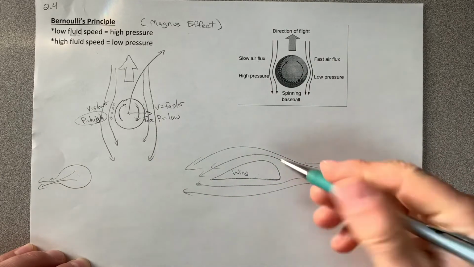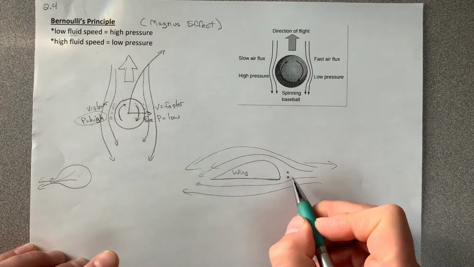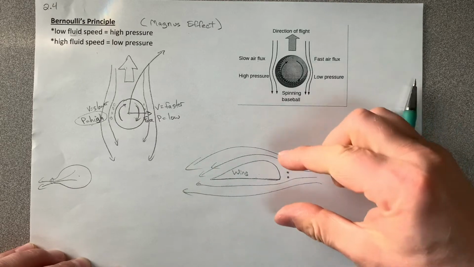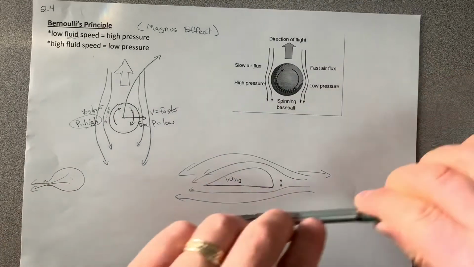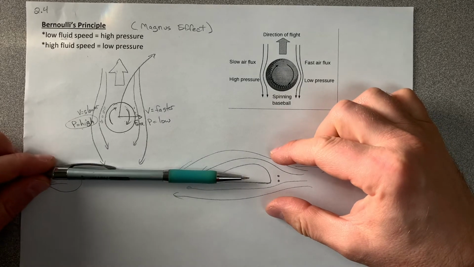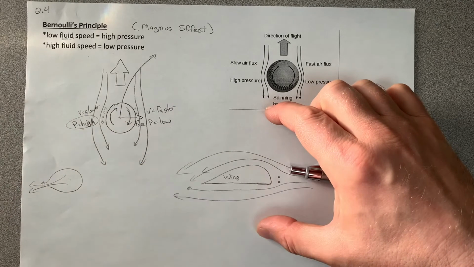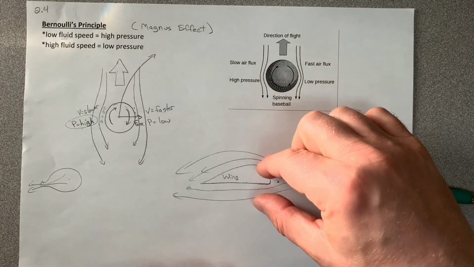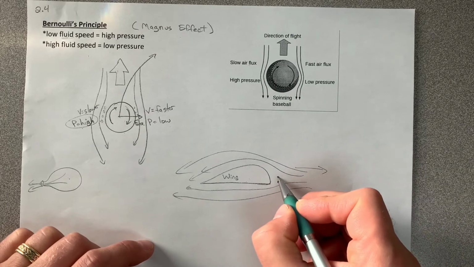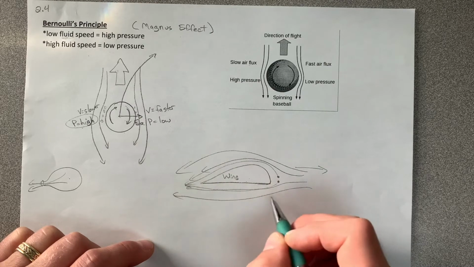What you can imagine then is, let's say there are two air molecules right here side by side. Really they're at rest, and it's the airplane wing slicing between them. So imagine here are two air molecules. Let the pencil be my wing. As it slices between them, it's going to shove those air molecules apart, and as it goes through, they're going to come back together because there's a bit of a vacuum behind the airplane wing. So the air molecules are going to go up and around and come back together on the other side.